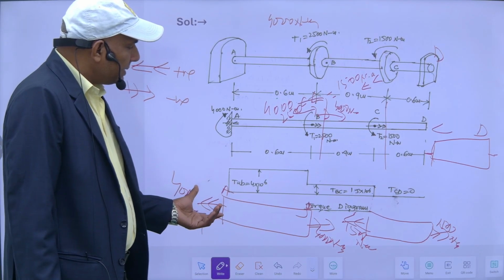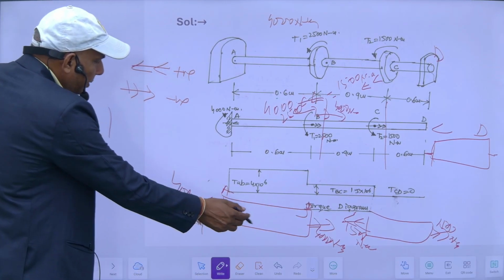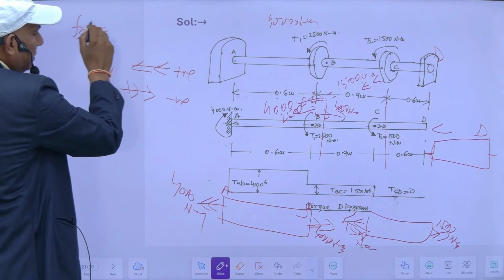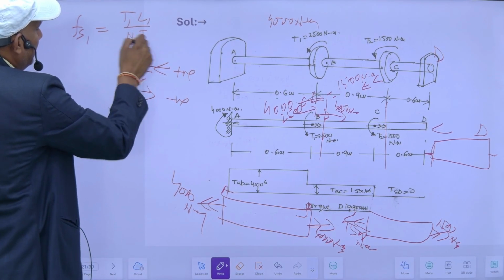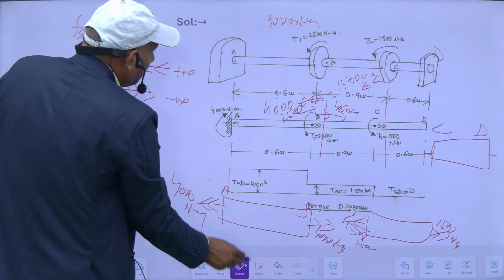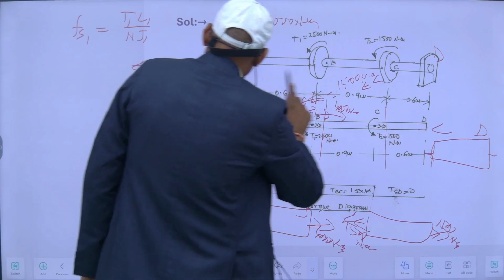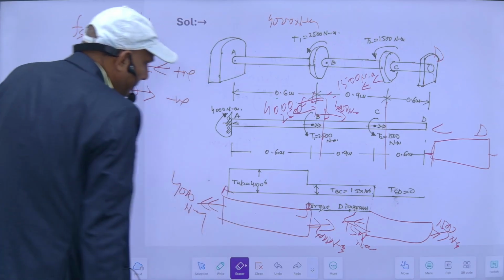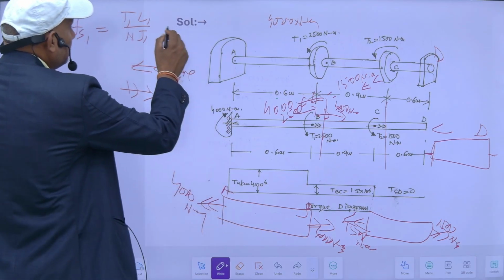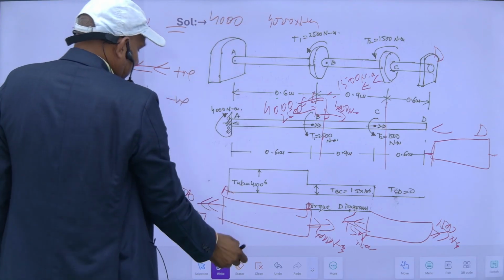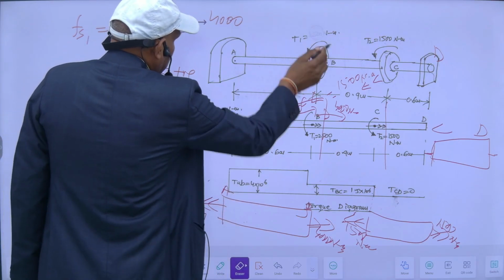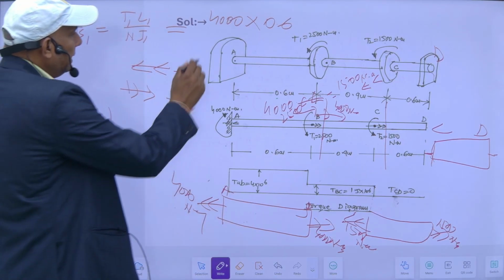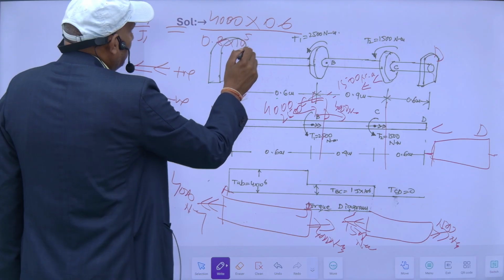If I want to know the maximum shear stress, I have to calculate for separate regions. Here the value of the torque is 4000. So Fs1 will be equal to T1 L1 upon N into J1. T1 is equal to 4000 into its length, 0.6, upon N. N is 0.8 into 10 raised to the power 5 Newton per mm square, into its